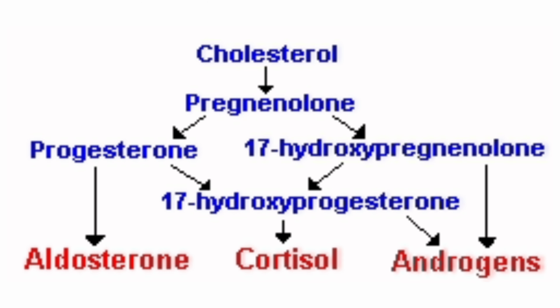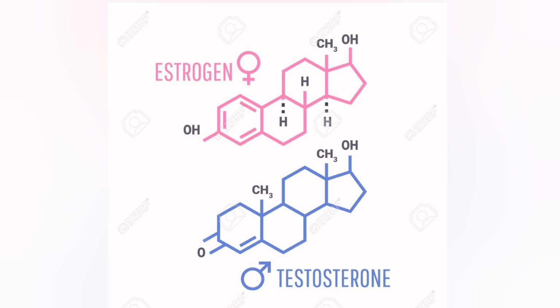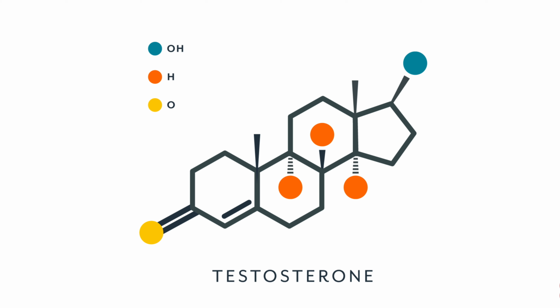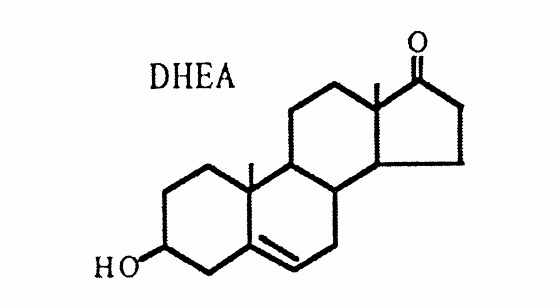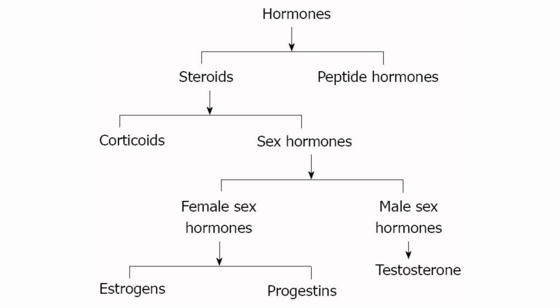There is another type of corticoid known as sex corticoid or androgen. The androgens are released in both male and female, and these hormones are the precursor of both the testosterone and estrogen. They are secreted as DHEA or dehydroepiandrosterone. So, what are the functions of the sex corticoids?